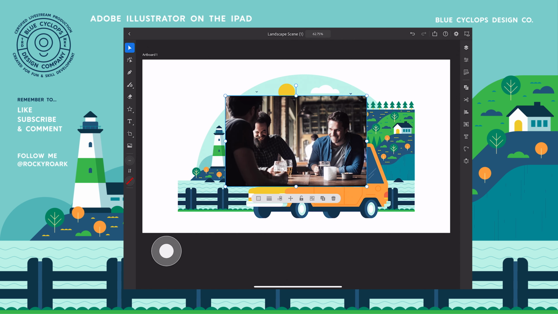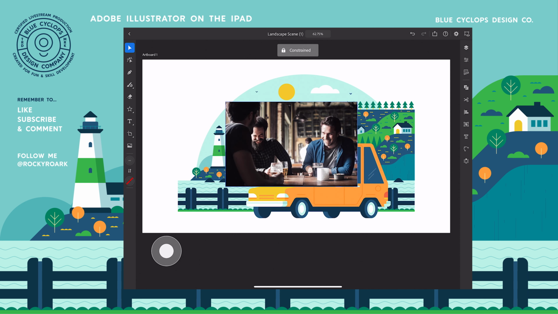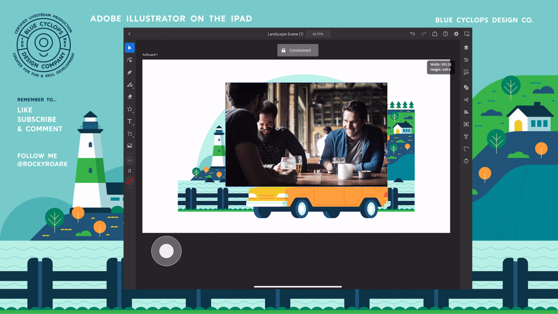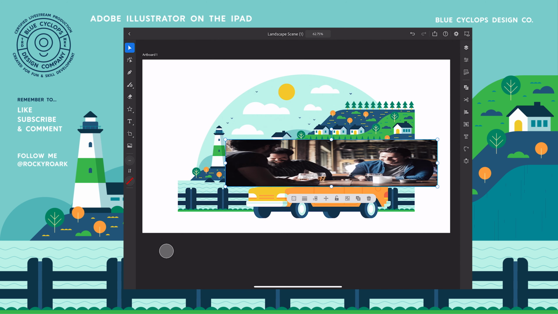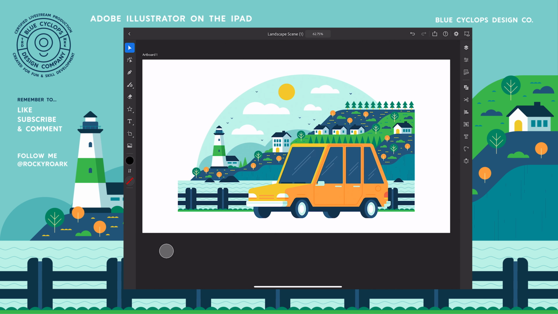Remember to press the touch button in the bottom right here to resize it however you want without losing that shape, because you don't want to go through here and resize it and it's all weird and wonky and squished. You don't want that. All right, now we get to my favorite part. It was my favorite in Adobe Fresco, and it's my favorite here, and that is the